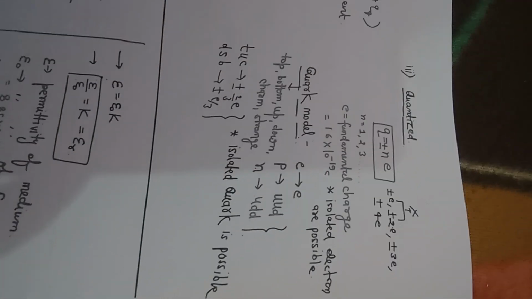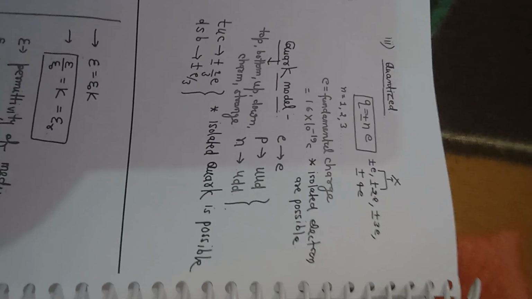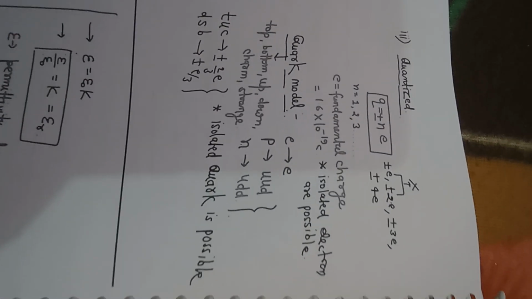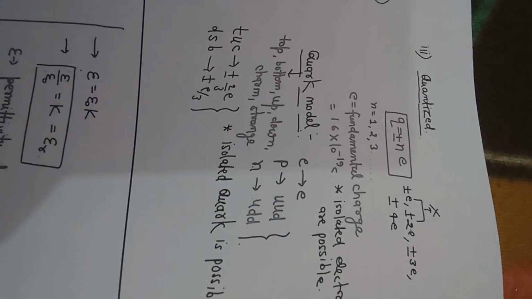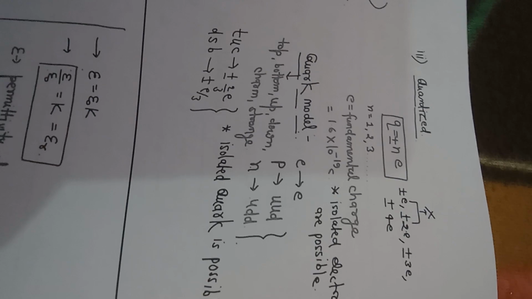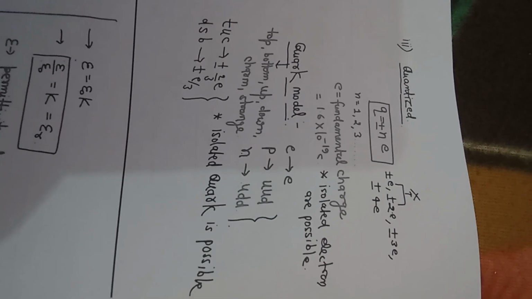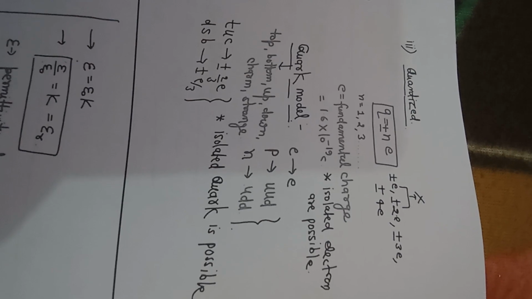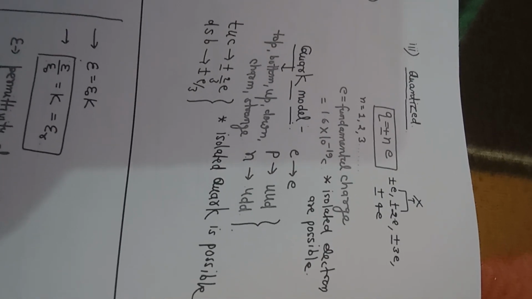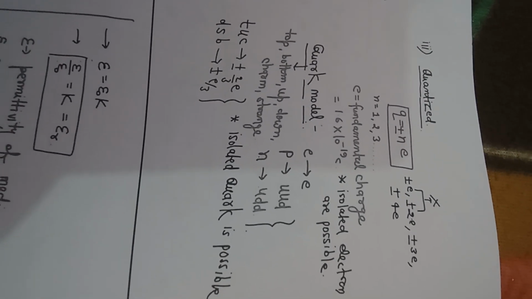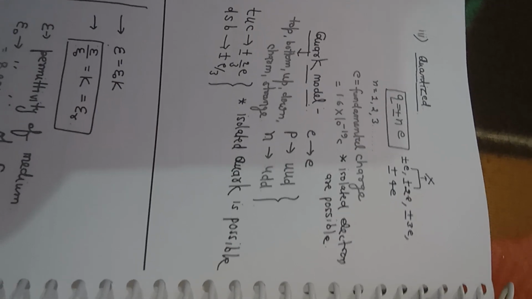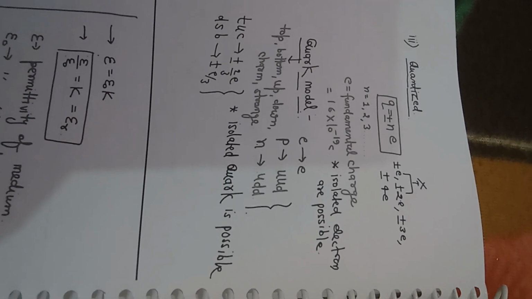And now charge is quantized, meaning q is equal to plus or minus Ne, where N is equal to 1, 2, 3, and e is a fundamental charge, and N cannot be 2.3. That's why the value of e is 1.6 into 10 to the power minus 19 coulomb, and